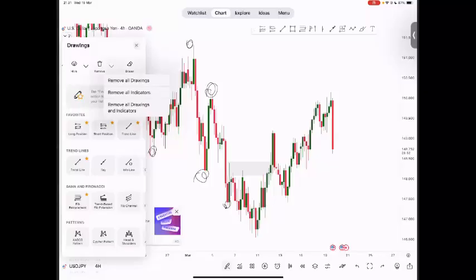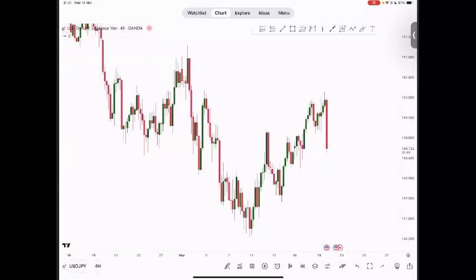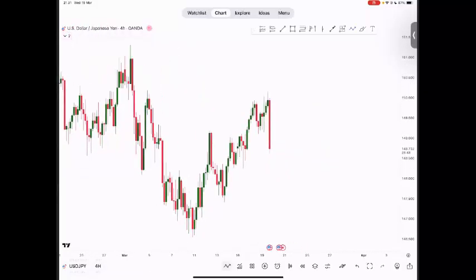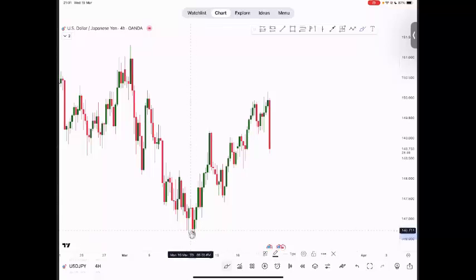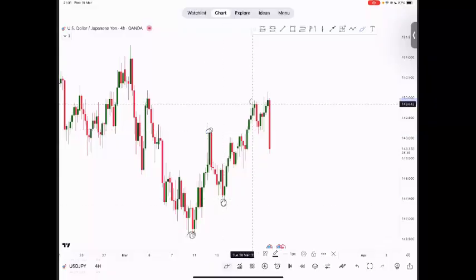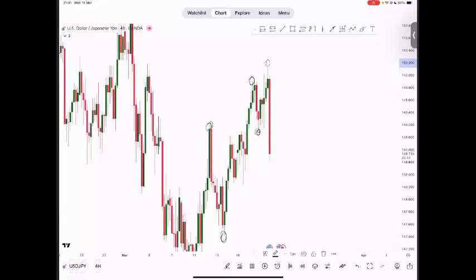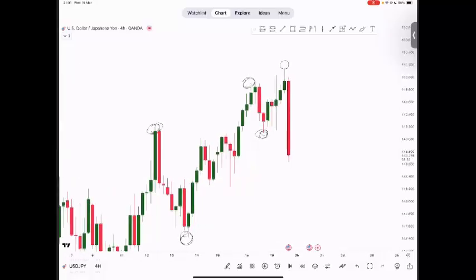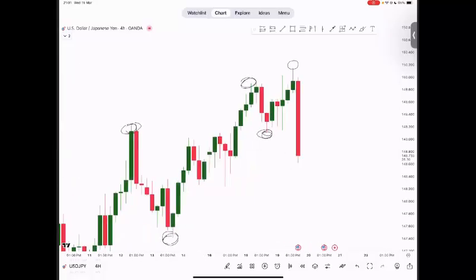Even on this area, if you look at what happened here, we have a low at this point. This is a higher low. This is a higher high. Marking out structure from this point now, this is a higher low, and this is a higher high. This is a higher low, and this is a higher high. This means that at this point there would be people looking to take buy positions from this